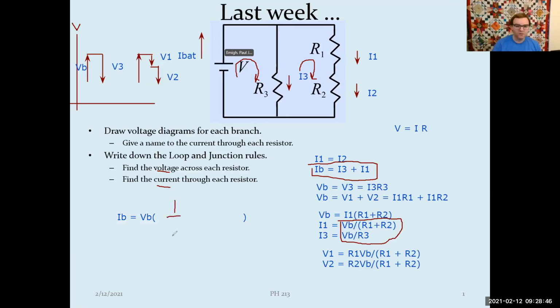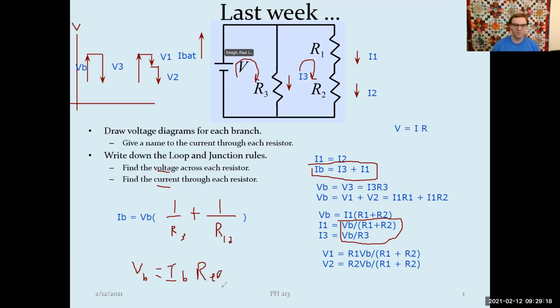and I might do this freehand, 1 over R3 plus 1 over, and I'm not going to write R1 plus R2 here. I'm just going to write R12 for now. Right, that's R1 plus R2, but I only want to write the sum. And actually, I can put that on the other side if I really wanted to, right? And write an equation that looks like VB equals IB. And again, I don't want to write 1 over R3 plus 1 over R12. So I'm just going to write